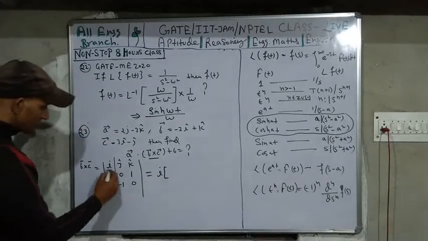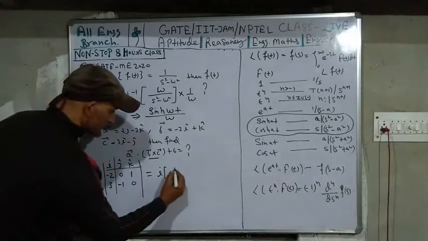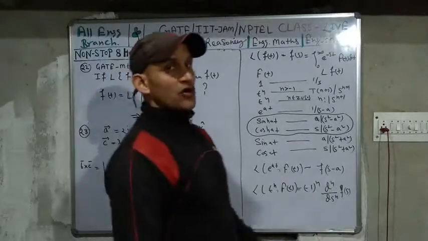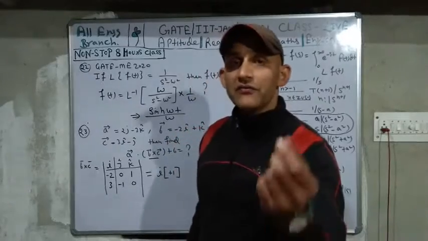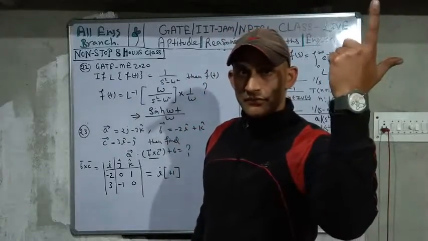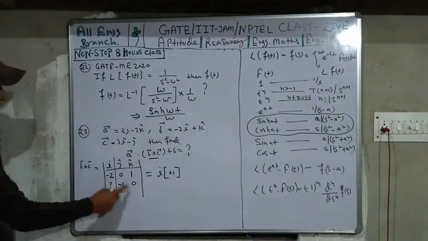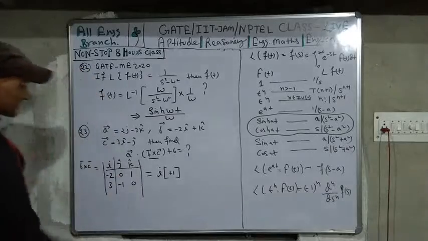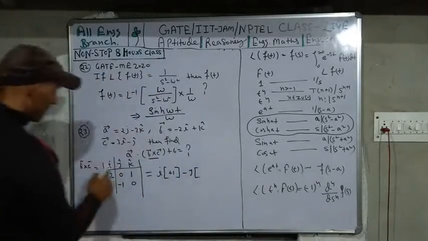Okay, so at first you will find determinant of this 0 minus plus 1. I think that you know the determinant and already we have uploaded many videos on how to find the determinant within 5 seconds. Okay, just go there. So now I into minus and this into this and minus this into this. So that is plus 1. Then minus j plus